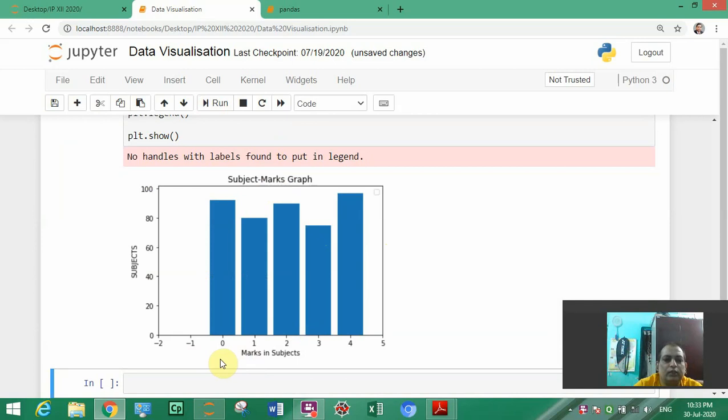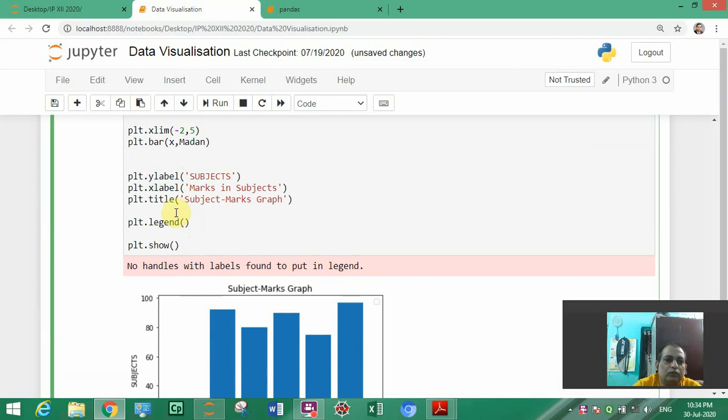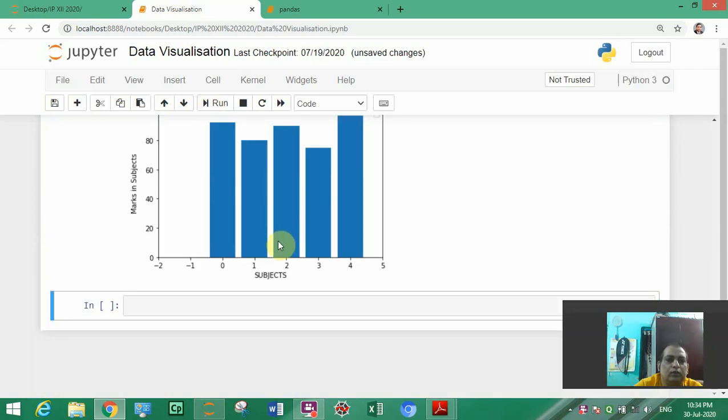So you can see here, the x axis is starting from -2. Okay, so here also we have to change the label. So this is y, and this is x, so the label will come like this.